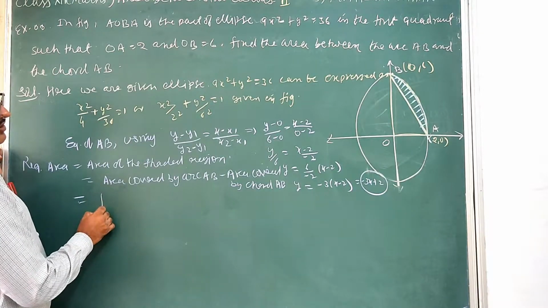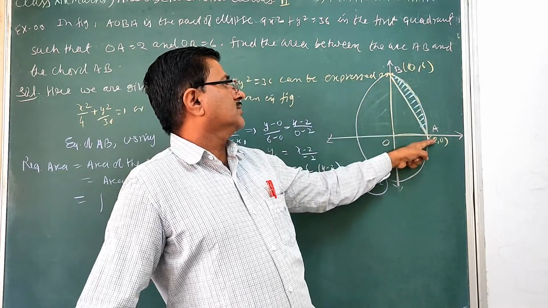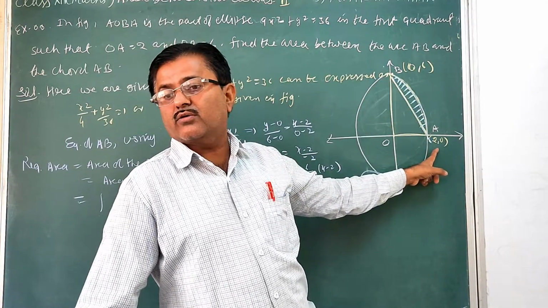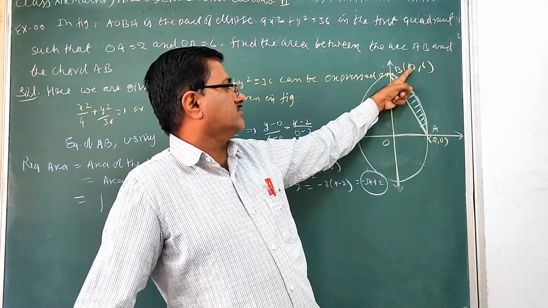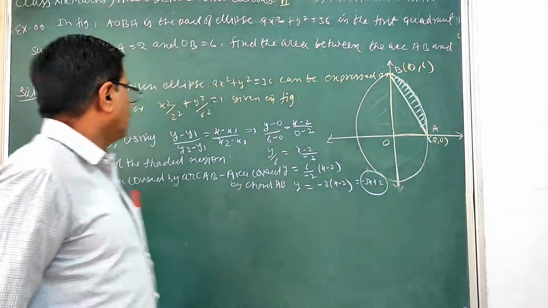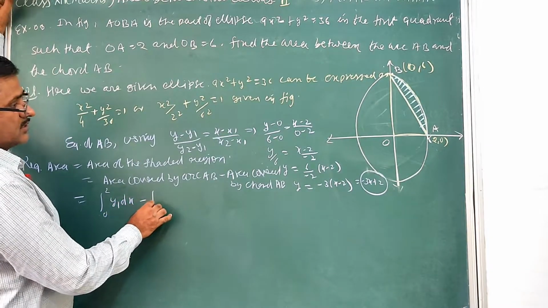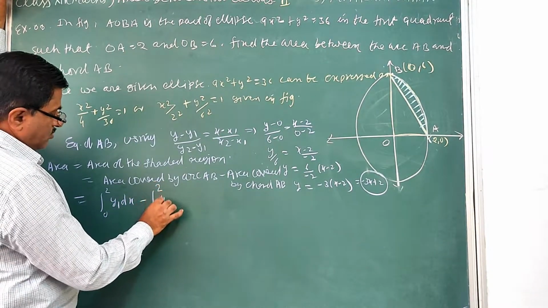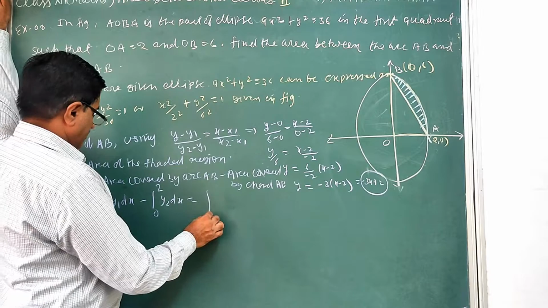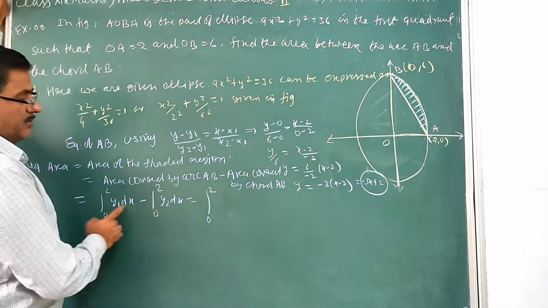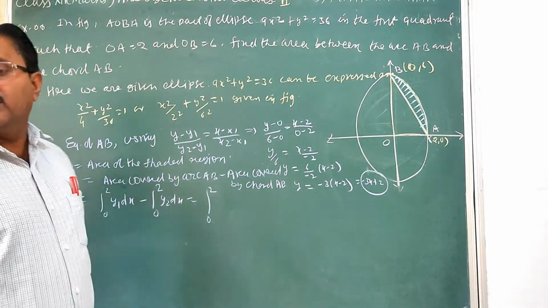Repeating from 0, we can see the starting point of the ellipse as well as the chord. The curve and chord both cover area on the x-axis, starting at x equal to 0 and ending at 2. So both are the same: integral from 0 to 2 of y1 dx minus integral from 0 to 2 of y2 dx. Or you can directly combine them into one integral, that is no problem. You may also write the single integral from 0 to 2 of (y1 minus y2) dx, or you can write them separately.